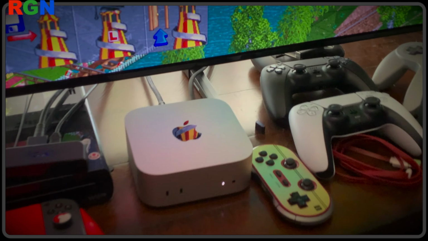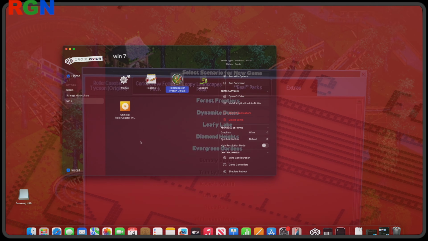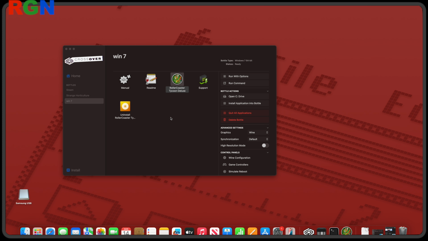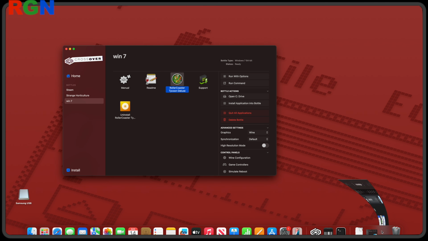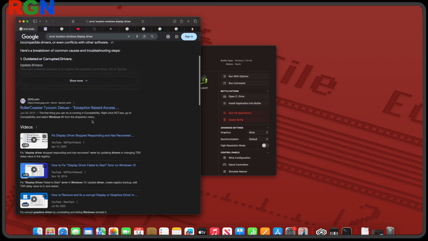I recently got an M4 Mac Mini. I've got it hooked up to my OLED TV, and this is going to be hopefully my primary gaming on a big screen like this, so I don't have to run cords from my other PCs and stuff. But this thing is so powerful, it can emulate Windows. So I'm using something called Crossover right now. It's the trial. I'm probably going to buy it because so far it's working about 60% of the time,